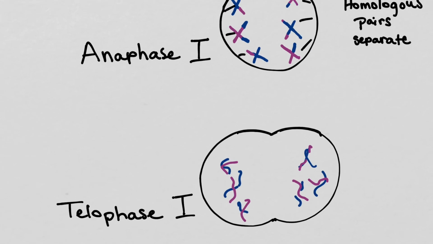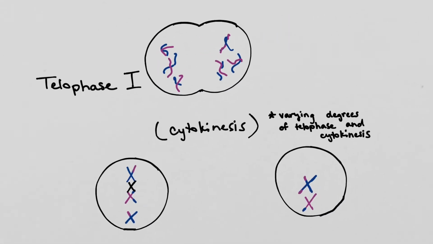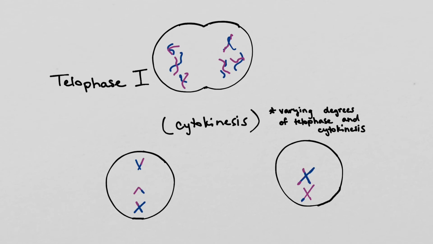Now, meiosis 1 is not always going to go all the way through telophase 1 and cytokinesis before meiosis 2 starts. Sometimes you'll see where you can actually see all 4 nuclei and it's still kind of joined in the cytoplasm. Sometimes they will completely separate through cytokinesis before re-entering meiosis 2. So just be aware of that. Remember, the key here is the nucleus. Those are the changes that you're looking for. I'm going to show it with cytokinesis because I think it makes it a little easier to see what's going on. So after telophase, if you have full cytokinesis, then you're going to have,